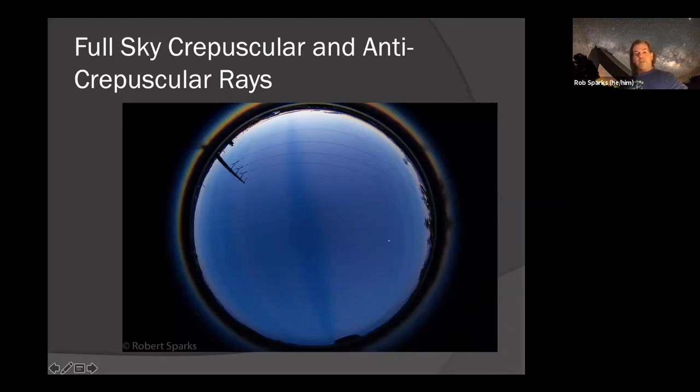And Phil Plait, the Bad Astronomer, did a blog entry on this picture as well. So if you want to read about this picture more, he does a very lengthy explanation of crepuscular and anti-crepuscular rays that is very nice. And of course, believe it or not, these are actually parallel lines. So they're kind of like lines of longitude, but they're on a non-Euclidean surface, so they can converge. Crepuscular rays are actually parallel when you project them onto that surface. So it's all non-Euclidean geometry. It's very complicated, so don't ask me to explain it. Phil does a much better job of that than I do, but he did a nice blog entry on this, because we were actually just on Twitter one time and he made a comment about crepuscular rays.